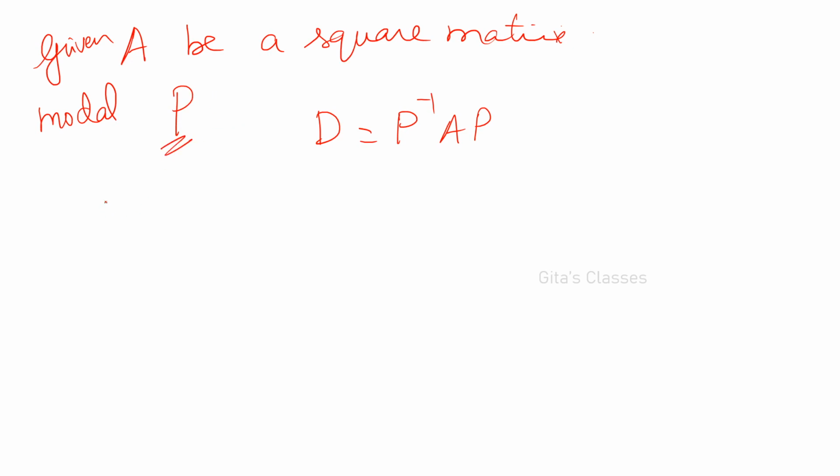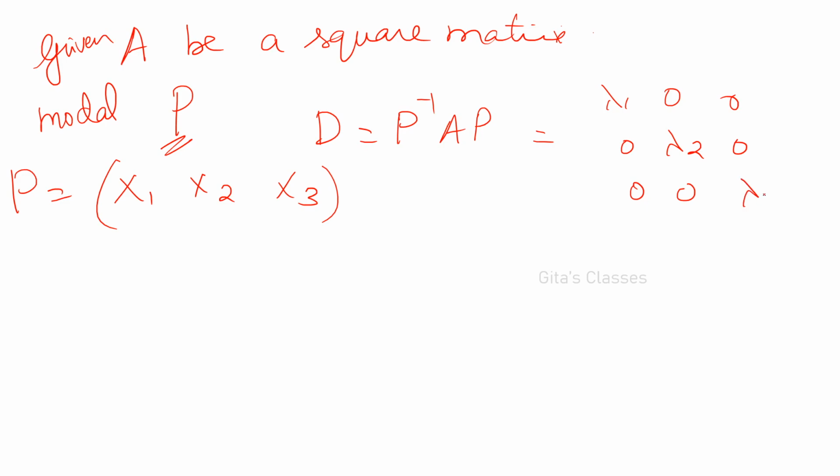How will you find P? Find the eigenvalues and eigenvectors. So x1, x2, x3 and write them column wise. Then this is our P. Then D is equal to P inverse A P. And what will be there in the diagonal matrix? You will be getting lambda 1 0 0, 0 lambda 2 0, 0 0 lambda 3. Only diagonal elements will be there in the diagonal matrix. Okay, we know this, but you have to write the procedure. First you have to find the eigenvalues, then eigenvectors. Write the eigenvectors in the columns, then form the modal matrix, then you find P inverse A into P. You will be getting this matrix. Okay, this is the diagonal matrix. This is called diagonalization.